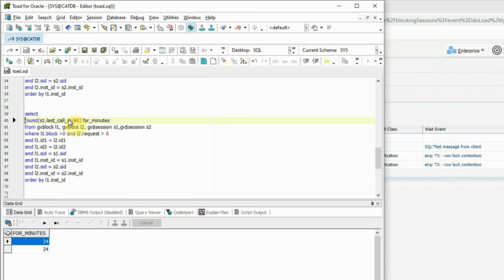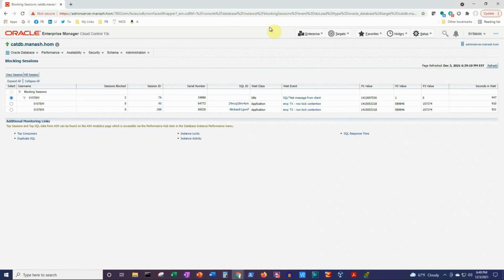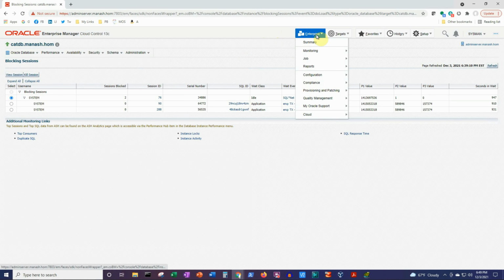We'll make a small enhancement here because we don't need multiple rows. Instead, we'll need the maximum number of minutes that the blocking session is taking. So we'll put a max function there. And this gives us one single value which is telling us what is the maximum number of minutes that blocking session has been there. Now we'll copy this SQL statement and we'll go to OEM,